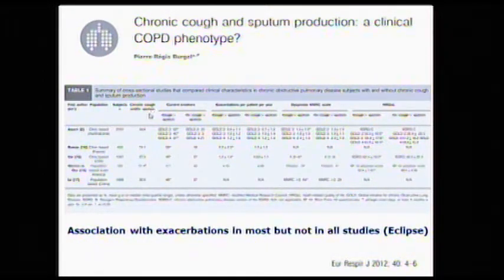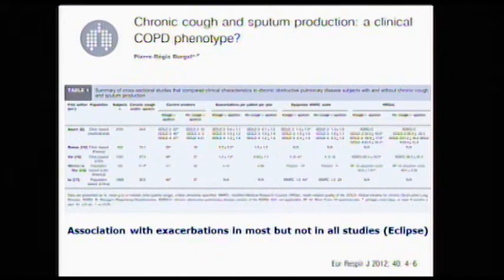First, if you look at the prevalence of cough and sputum production in these studies, this is, for example, the ECLIPSE study, 35%. This is our study in France, 74%. This is the COPD gene study, and I'm not sure, it's 27%. And this is, for example, the Platino study, 14%, so it's highly heterogeneous, and it really depends on which kind of